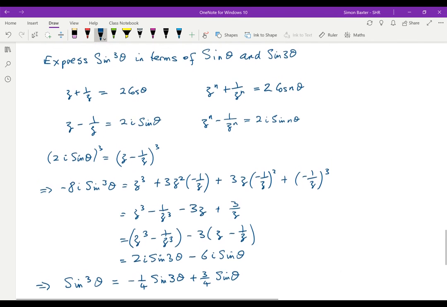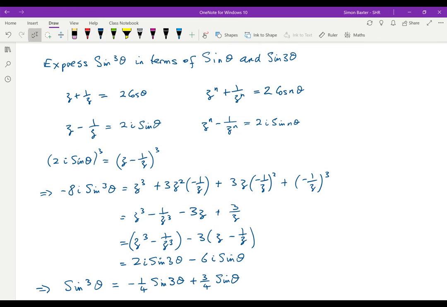So these really are just a case of remembering the first line and then a bit of simple algebra. But you must recognize the difference. Sine cubed, sine to the 5, cos to the 6, cos to the power. Whenever you're dealing with a power, you must start with z plus 1 over z, z minus 1 over z. What we did in the last video